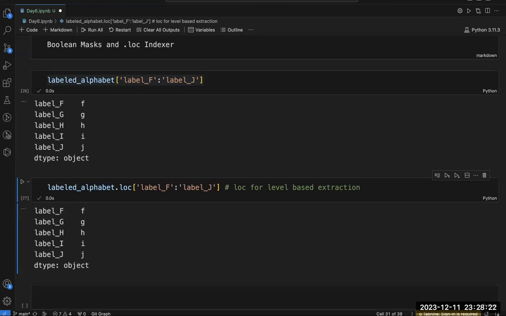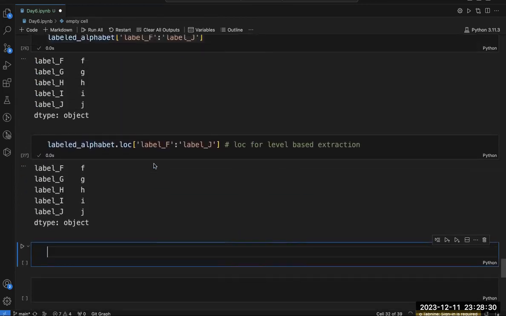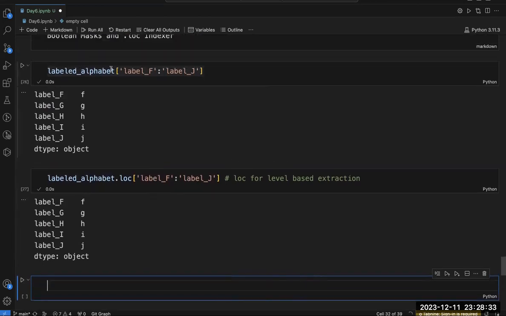Now, one important thing that you should consider, we will understand this in more detail later, but this square bracket method is a bit slower than loc. That's why, as we progress ahead, we will mainly use this dot loc approach, not the square bracket approach.